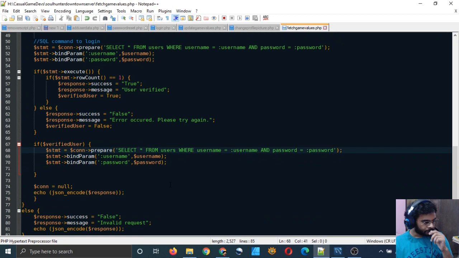And so in this select statement we have selected star, and star means select all the columns, right?